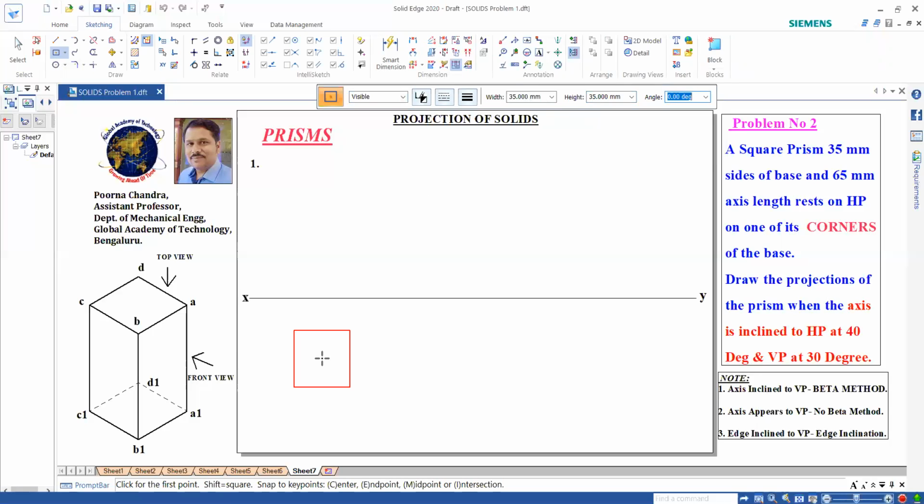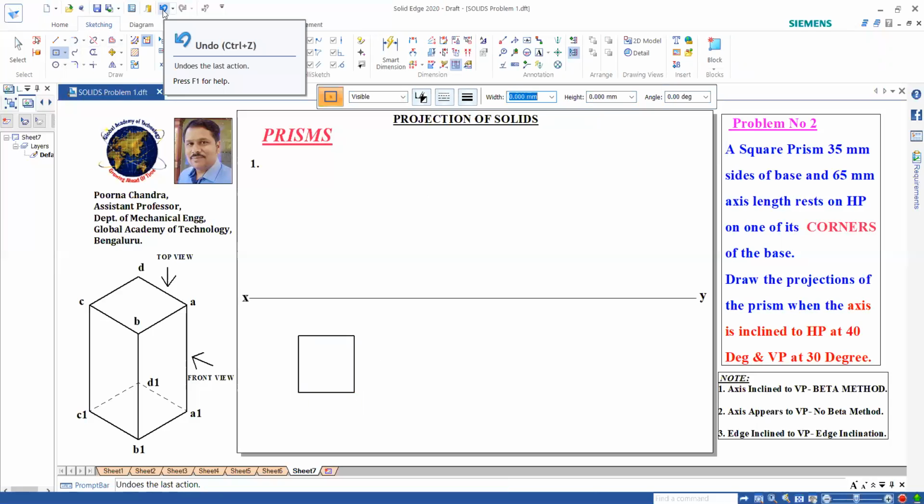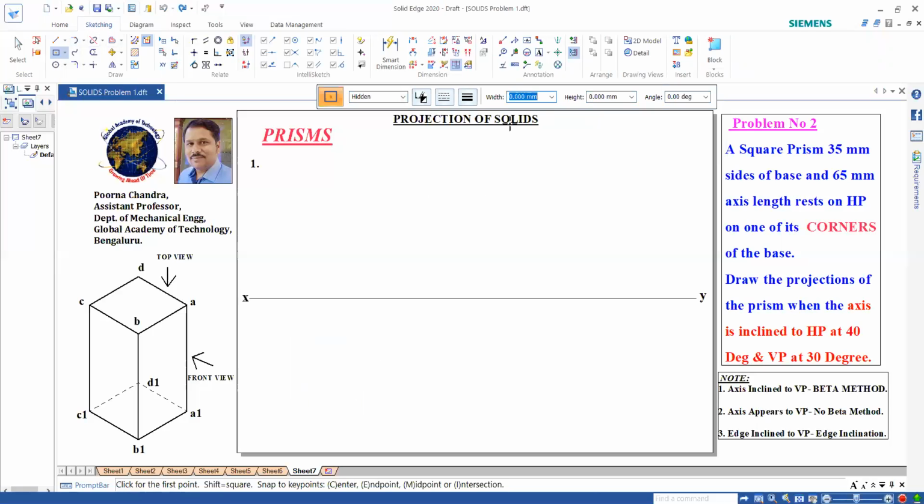I want it resting on corner, so I should take the angle as 45 degrees. So you can draw a square resting on corner, with visible line. This is done.